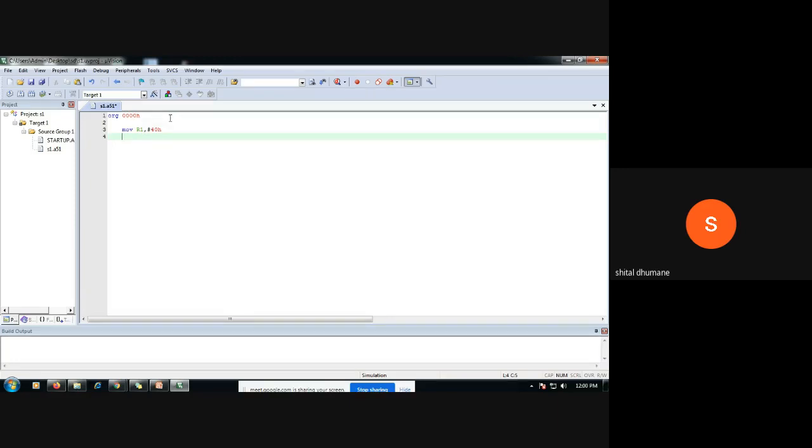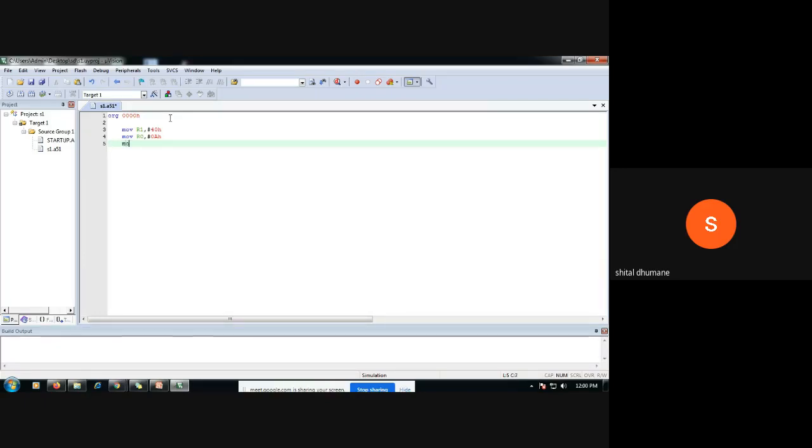Now after this, you should have the counter. How many bytes do we have to store? 10 bytes. So you should have that counter in the R0 register, 0AH, that means 10, written in hex.